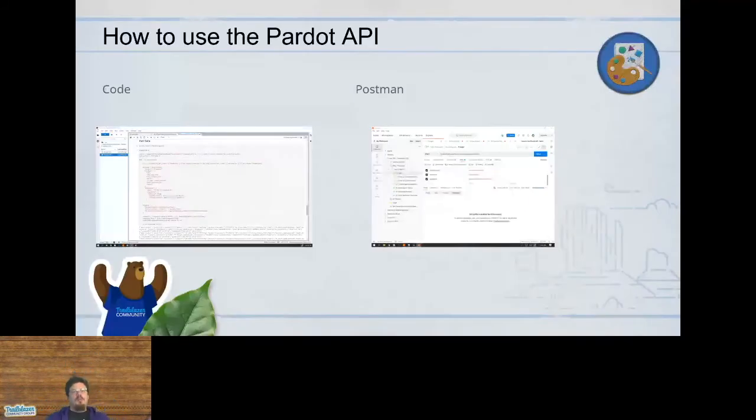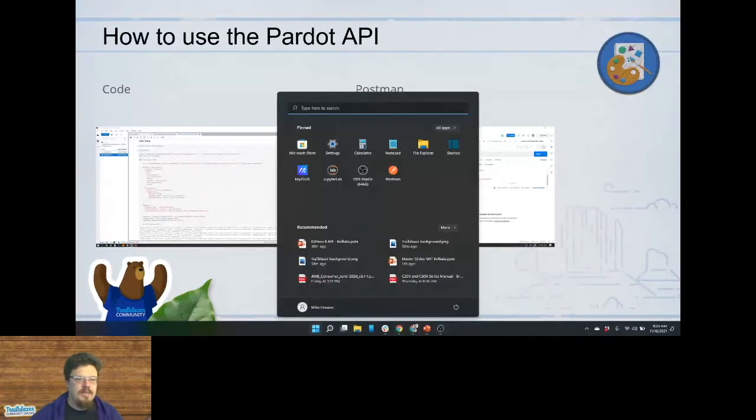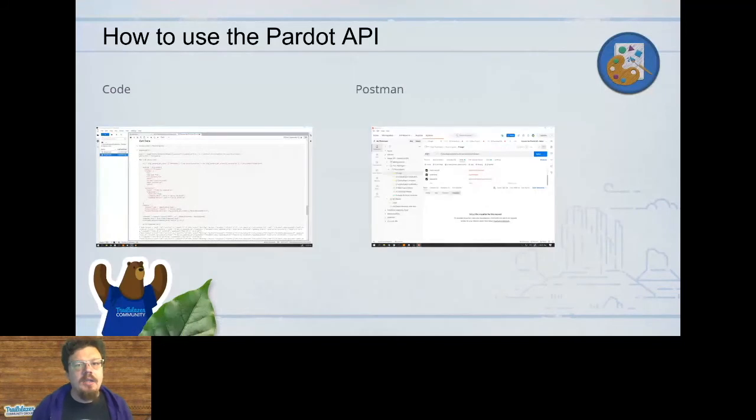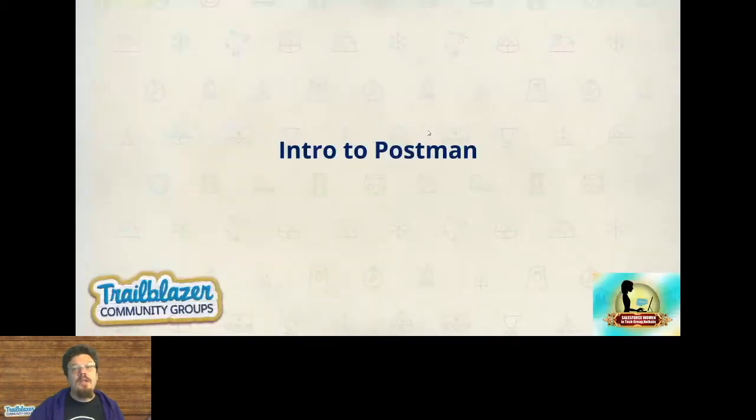So, talked about the API a lot, but we haven't done anything. So, how to use the API? Fire that up while we're waiting. We can write code, right? Code is like the natural way of working with the API, and we can use an API browsing tool such as Postman. And Postman's kind of like a web browser, but for APIs. I tend to find that I use Postman a lot initially, and then I'll transition over to the more code way. So an intro to Postman.